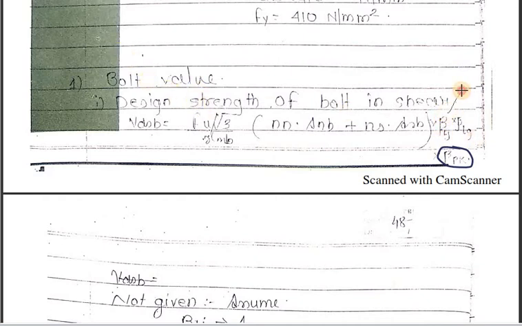So we can use these as 1, because the conditions are not satisfied in these equations, but we cannot multiply with 0. If we take this as 0, that means the complete formula is 0. So we take these as 1 and 1. What is that condition? Beta Pk, that is the thickness of packing plate. The packing plate condition we are using from IS 800 2007, page number 75. So these two values we are assuming as 1, but this value we will actually calculate from the packing plate.